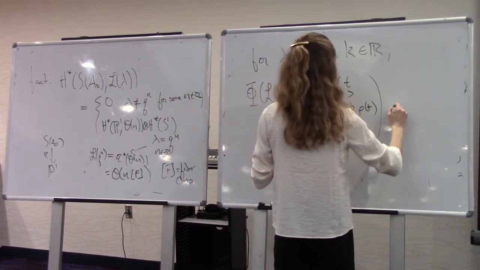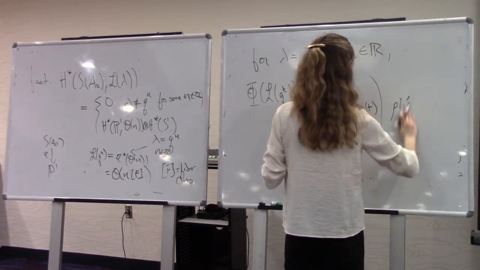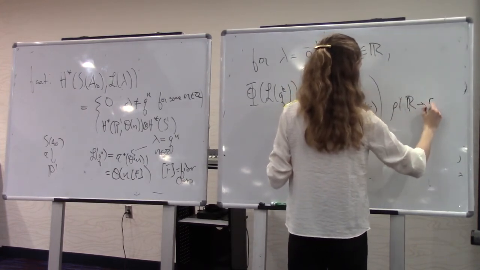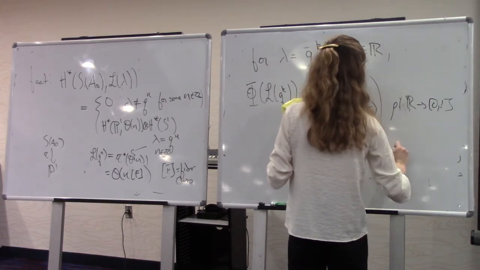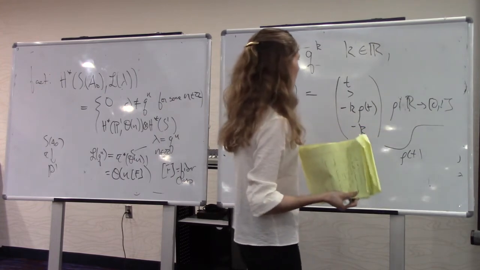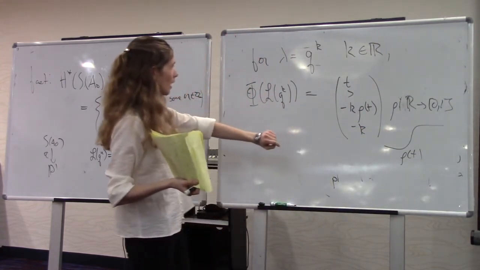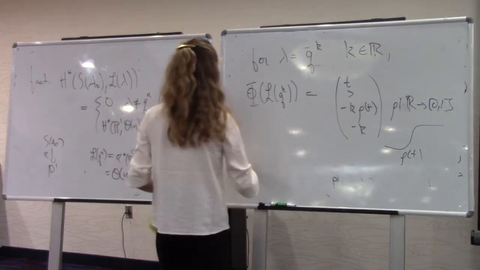negative k. Rho of t here is just a map from R to [0, 1], increasing, so this is rho of t. So just something that interpolates between 0 and 1. And then so when we can verify